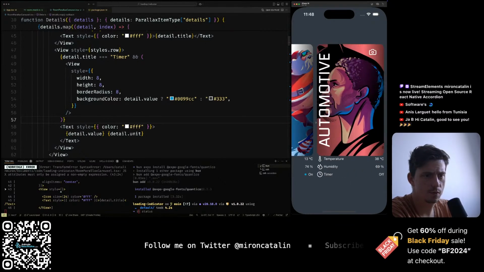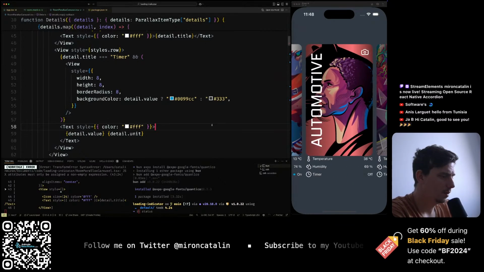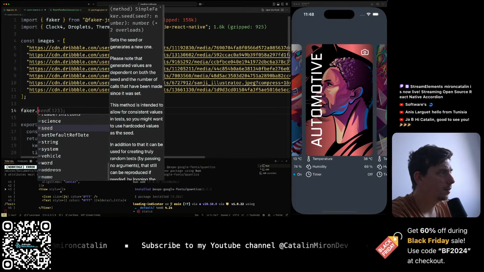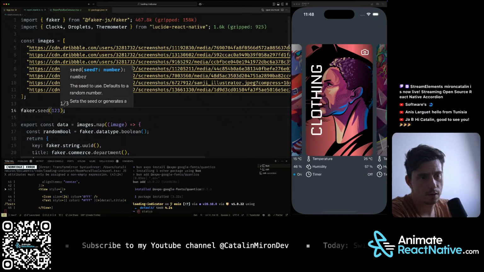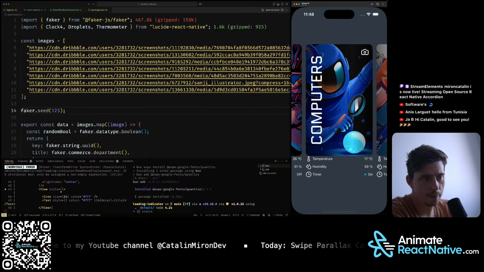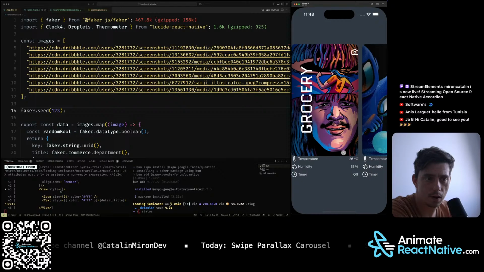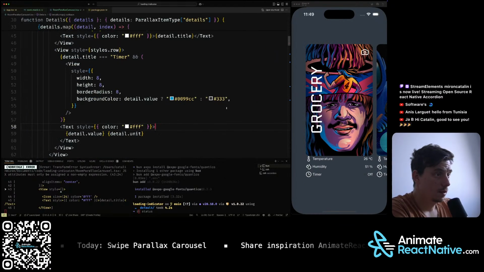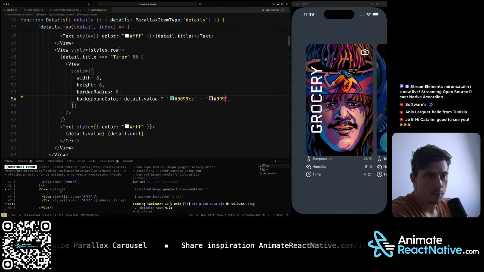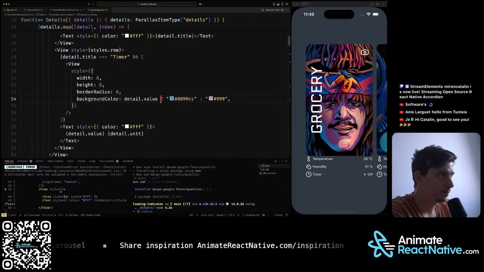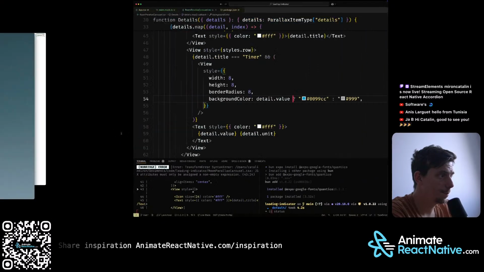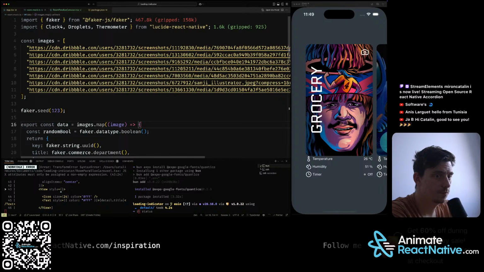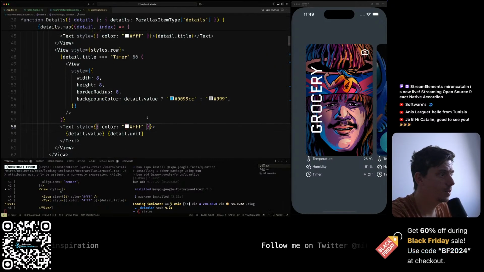Rerun, it's true. What happened? Let me do the seed here. Baker seed 1, 2, 3. Okay, so we have off and on. Great. And I'll do 999 maybe for the off. Okay, and this one